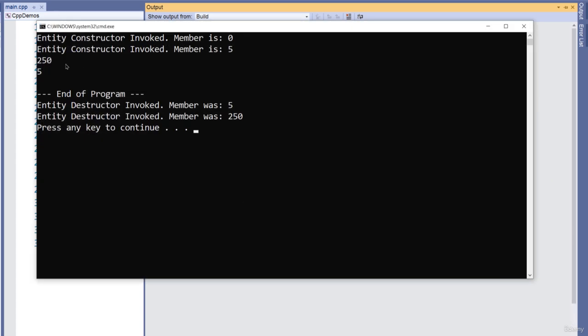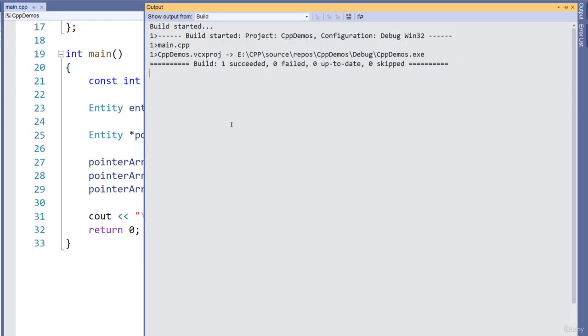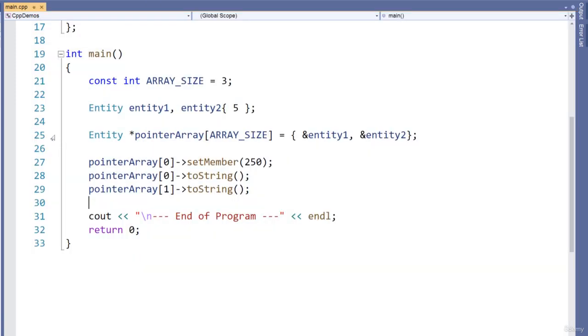The constructors are invoked, we get 250 and 5 printed out, and we get the destructors, and we can see the member is now 250, so we modify the state of that object during program execution. With the list initialization, the third element in this pointer array should now be initialized to null, because list initialization works in that way, right? It's going to initialize whatever we don't specify explicitly to null. But if you want to, you can be explicit and initialize that to null pointer, and we'll look at that here shortly. For example,